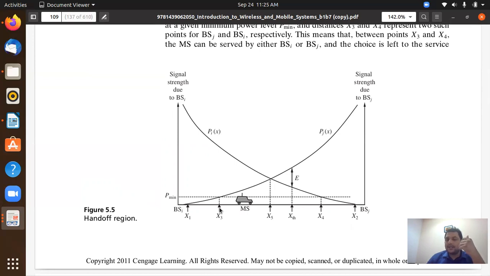At x3, when the mobile station has to pick up a communication, obviously the mobile station is under much more influence of base station I in comparison to base station J. So your mobile station